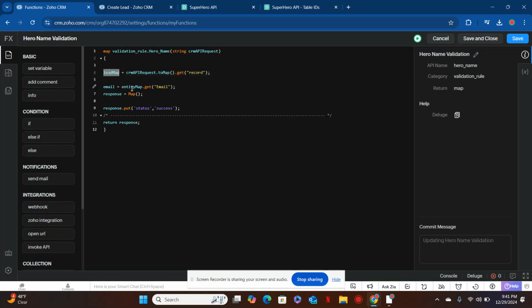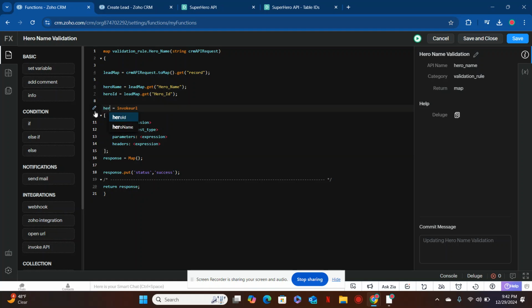We don't need the email, but what we do need is the hero name, and we need the hero ID. And this is not the email, this is the hero name. All right, and now I want to have the hero name validated against the hero ID. To do that, I'm going to use the invokeUrl function,